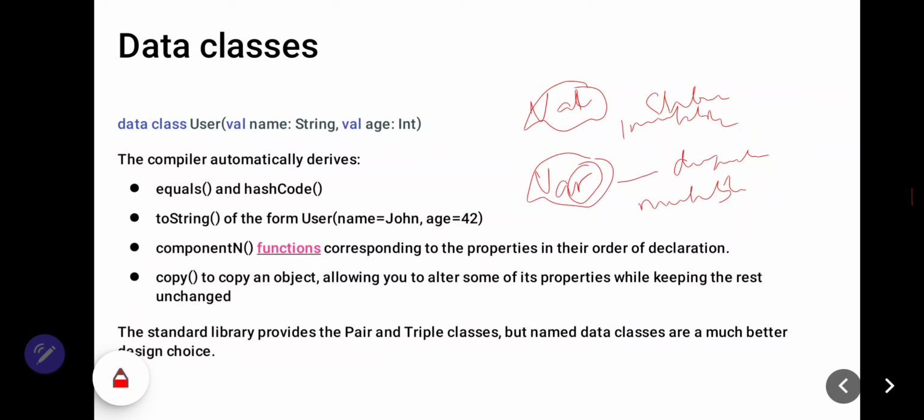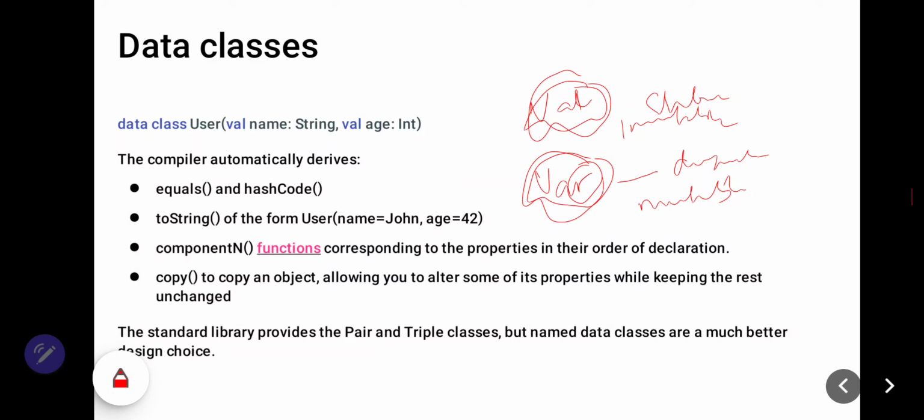Var you can change at any time, but for val you cannot change at any time, static and dynamic.